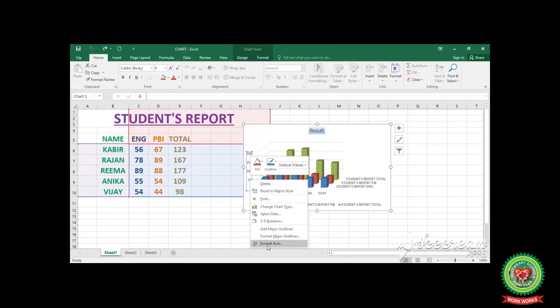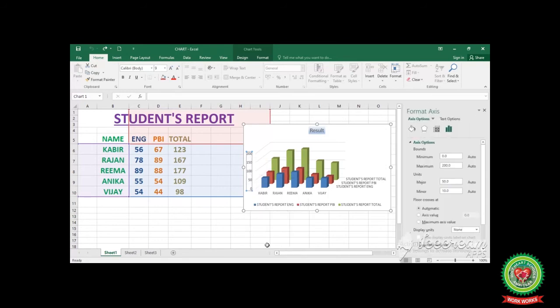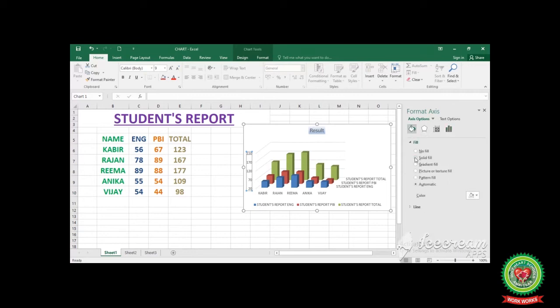Next step is click on format axis, and then you will see format axis task pane will appear on your right side window. Here I'm going to change the values of the axis, like minimum value. Now here you can see the minimum value of y-axis is 0. So now here I'm going to change the y-axis value to 20. So now the y-axis value started from 20. So you can also change appearance. Click on fill and line and then choose options, any gradient fill, any change you can take. So these are the steps to change the axis according to your requirement. Next is